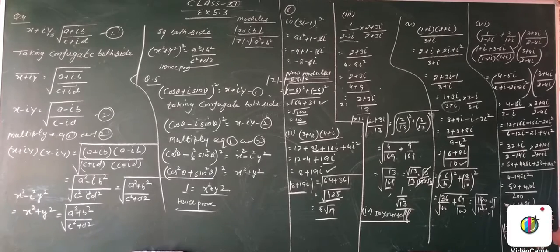Now we find the modulus of this: 1 by 4 square is 1 by 16, 9 by 4 square is 81 by 16. We add, 82 by 16. We write 2 multiply 41 by 2 multiply 8. 2 cancels, and this becomes 41 by 8 under the square root. This is your question number